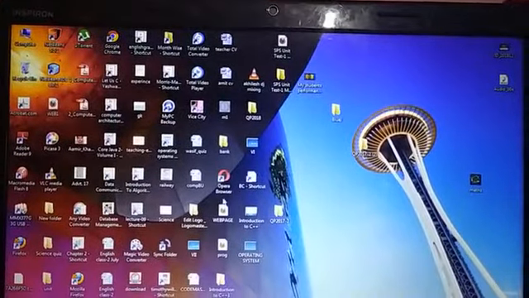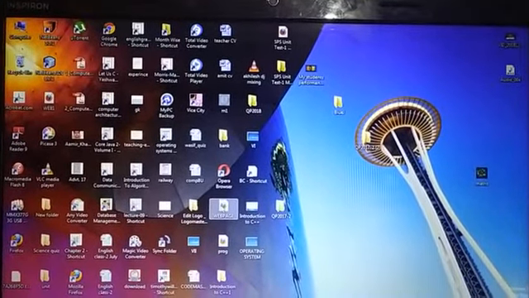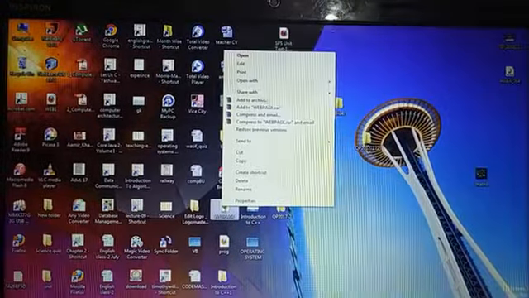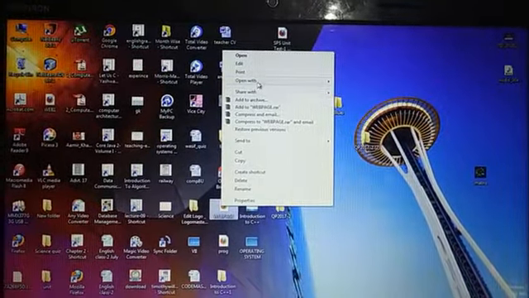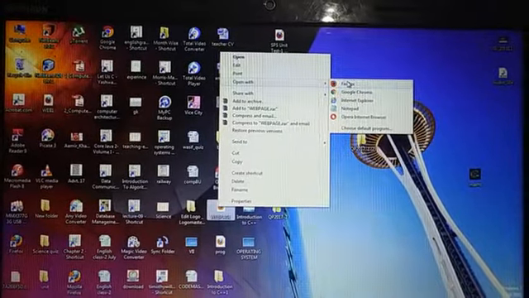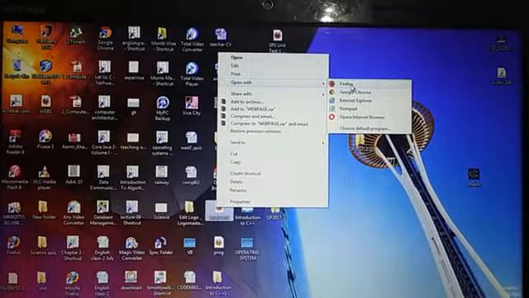Now close it and open it. Here this is your web page. Now if you open it with the web browser, and if it is not opening with the web browser, you can right click here and select open with any web browser available. So here I am using Firefox.